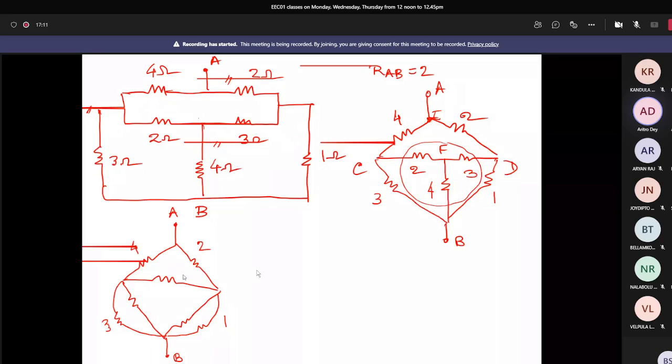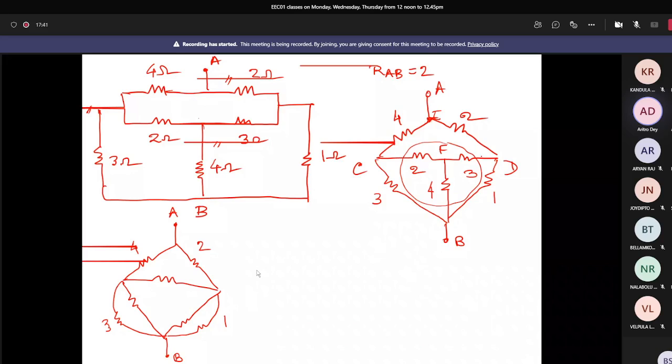Other approach can be, I think, if you start converting these two triangles, which I don't know who was saying, CFB or BEF. I can't say that you will not be able to solve it. You can solve it, but that is another approach, and it may take more steps. So this is the minimum number of conversions we have to follow for the delta to star. So let us complete it.